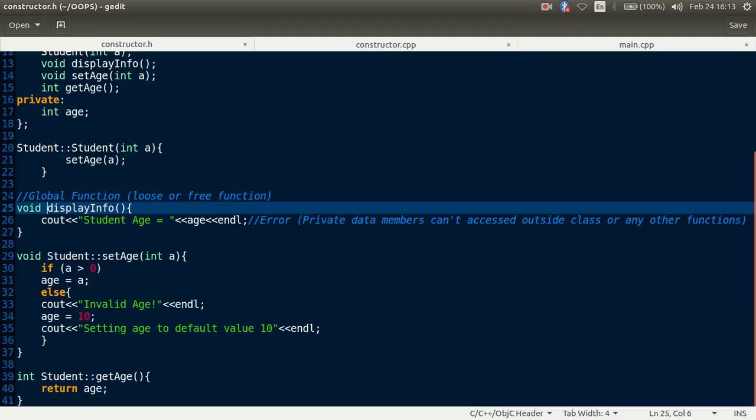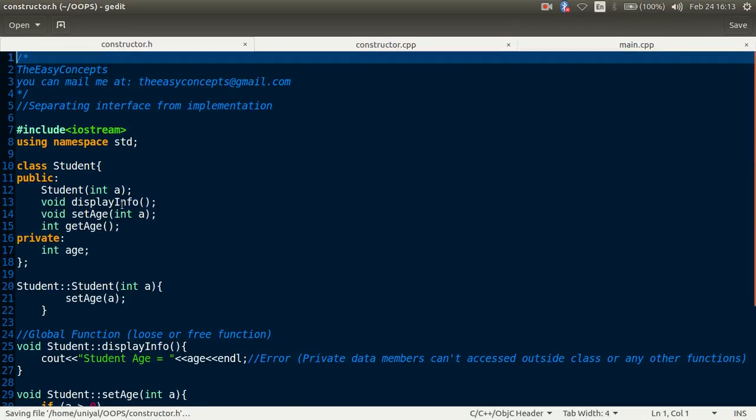I'm sorry, there is some mistake. I should keep it like this: the class name Student, and then the global scope resolution operator. So this thing was done. This whole step was done to provide reusability of the code. Now we are going to discuss another fundamental principle of good programming, that is separating interface from implementation.